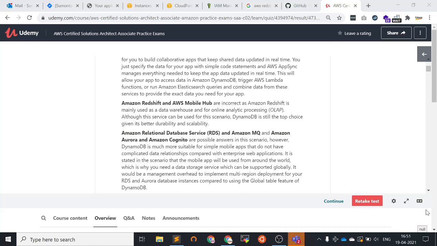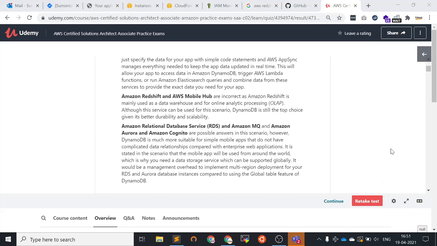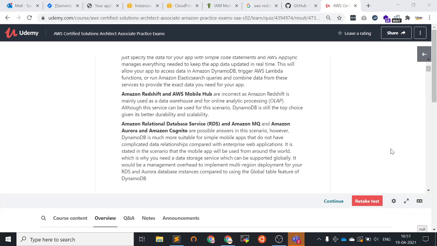The choices of relational database, message queue, Aurora, and Amazon Cognito are also wrong, because as per this scenario, DynamoDB is much more suitable for a simple mobile application that does not have complicated data relationships, compared with an enterprise web application.